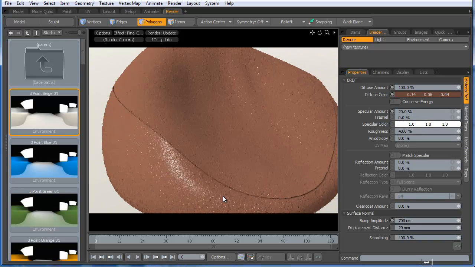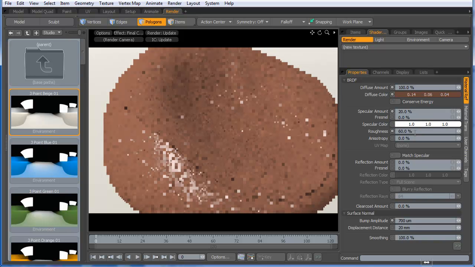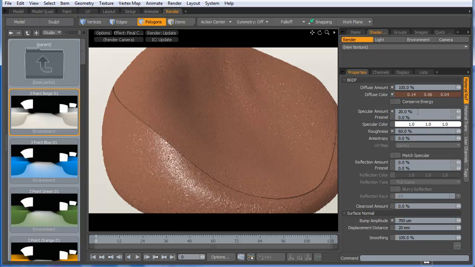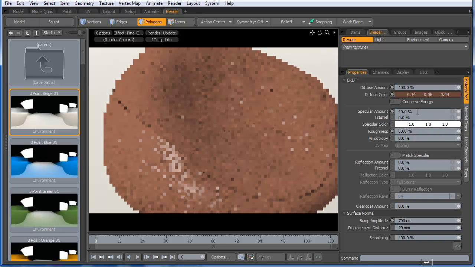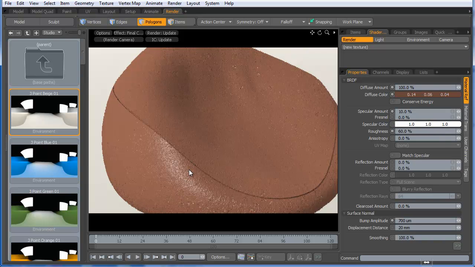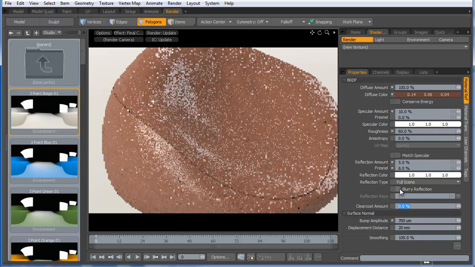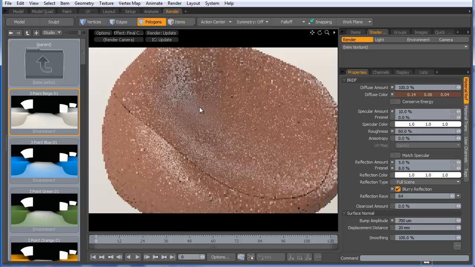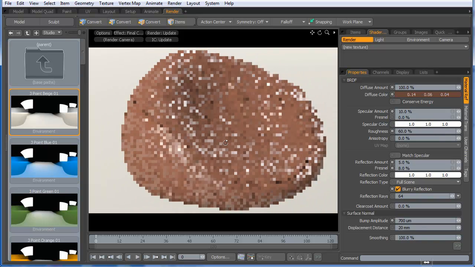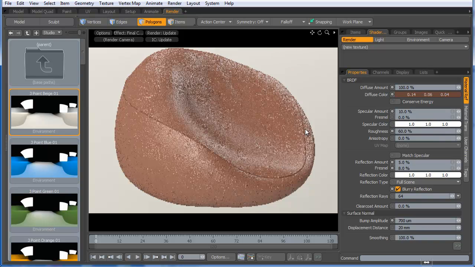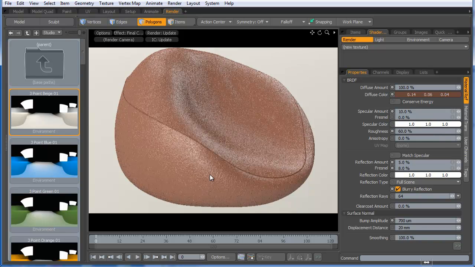I will change it if needed, and I'm going to roughness and set it to 60, and specular amount to 10. And then I'm going to add a reflection here, 5, 8, and I will make it blurry. Alright, now